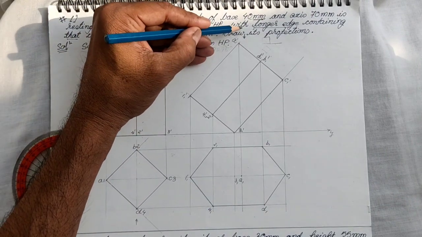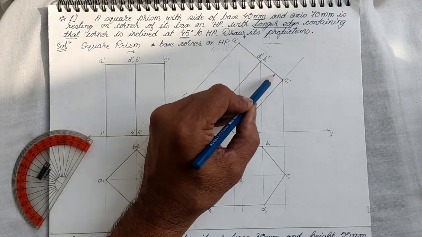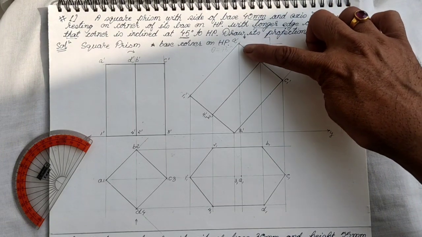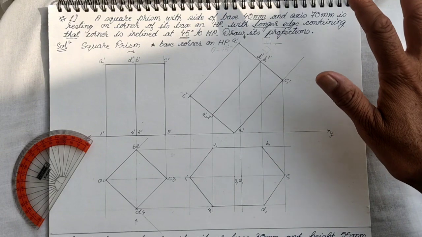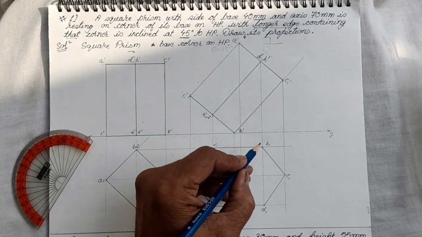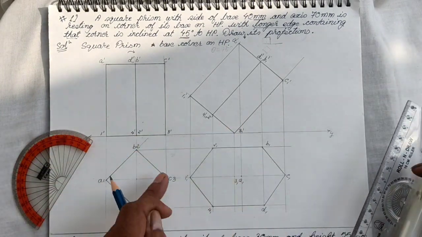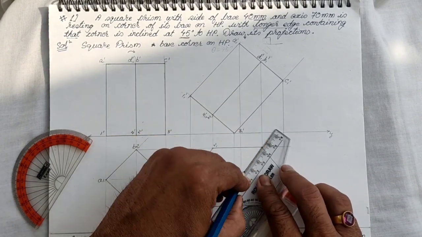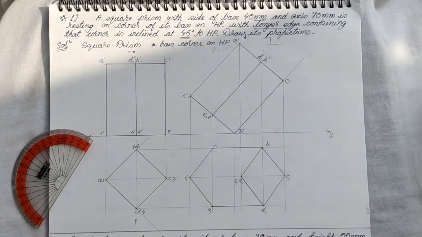So when I am standing here and looking at it from the top, the base is visible to me, right? So if the top base is visible to me, that means all the edges of the top base will be visible. That means A, B, C, D, they are visible. So A, B, C, D, they will be solid lines. So out of which BC and CD are already taken care of in the first step. So in the second step, I'll be joining the remaining two